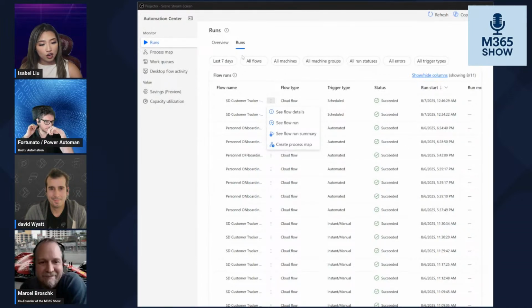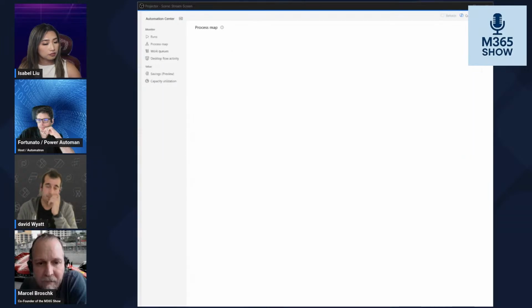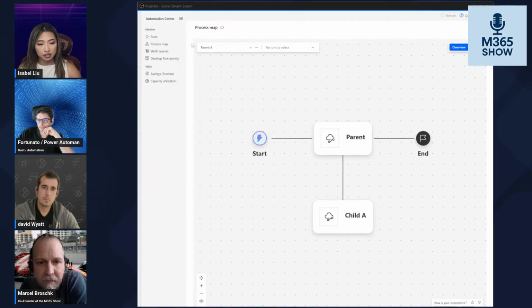But moving on, there are some process maps. Not sure if you have dived into that. Just a quick heads up that your flows need to be inside a solution to be seen in Dataverse, obviously. So everything over here is built on Dataverse tables. And then moving on to the process maps. Over here, this is my dev environment with runs and process maps.